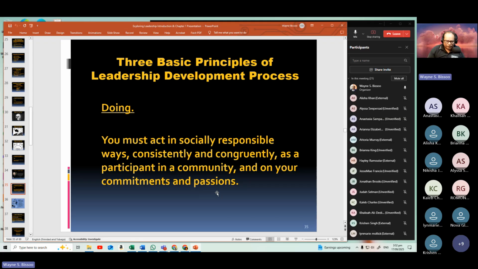Consistently and congruently refers to place and time. So every time a situation comes up, our response should be the same. And it must be consistent regardless of what environment we find ourselves in. If something happens at home, our reaction should be the same as how we would react when we are at work. All right? We can't have one set of different value structures for home and for work and for private. You understand? We have to be consistent across the board because eventually,